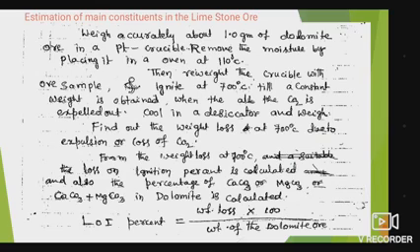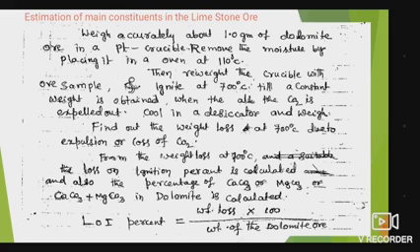What is the method for that? Weigh accurately about 1 gram of dolomite ore in a platinum crucible. Remove the moisture by placing it in an oven at 110 degrees Celsius. Then reweigh the crucible with ore sample and ignite at 700 degrees Celsius till a constant weight is obtained, when the CO2 is expelled out. Cool in a desiccator and weigh. Find out the weight loss at 700 degrees Celsius due to loss of the CO2.